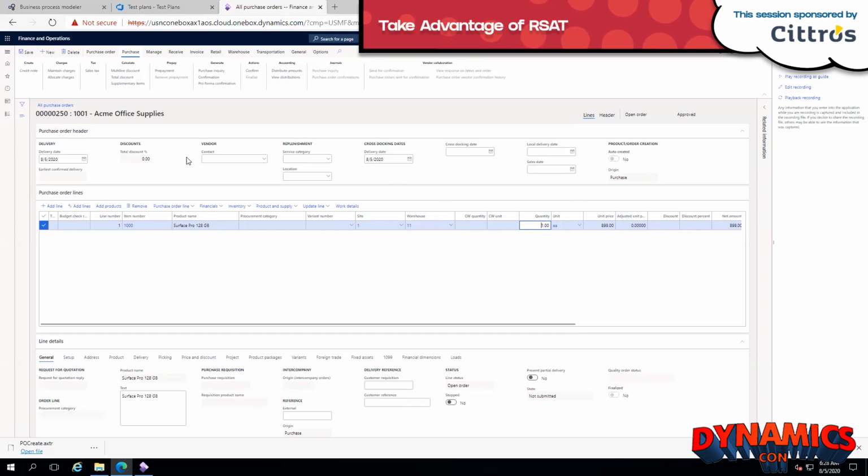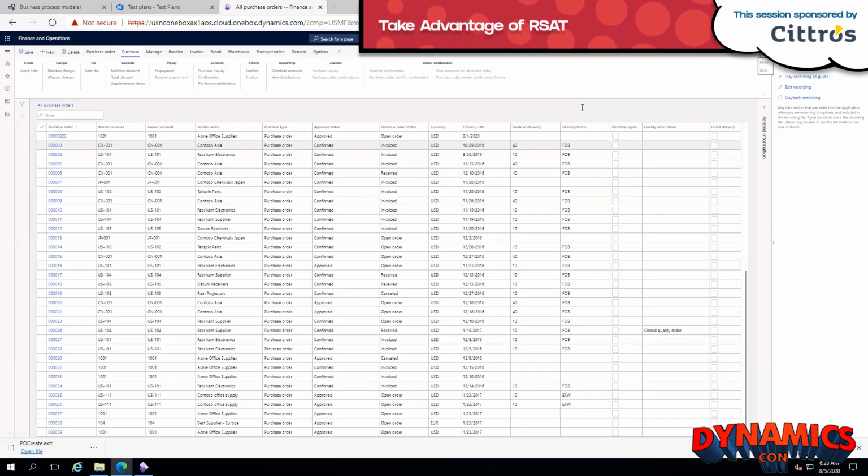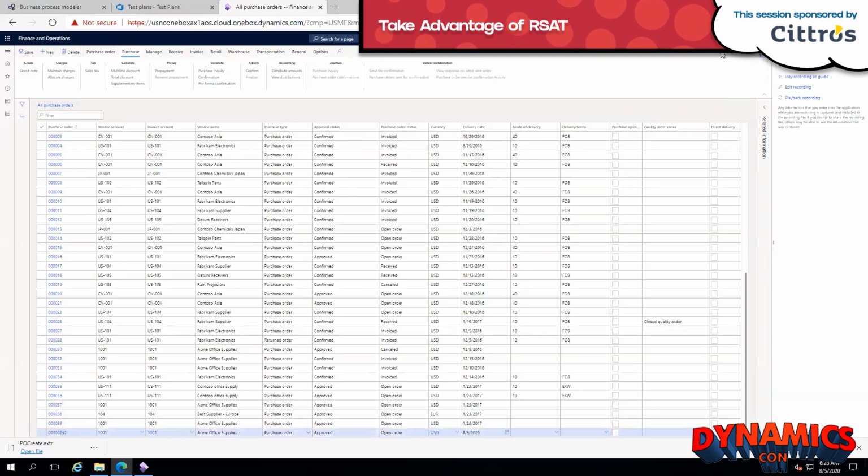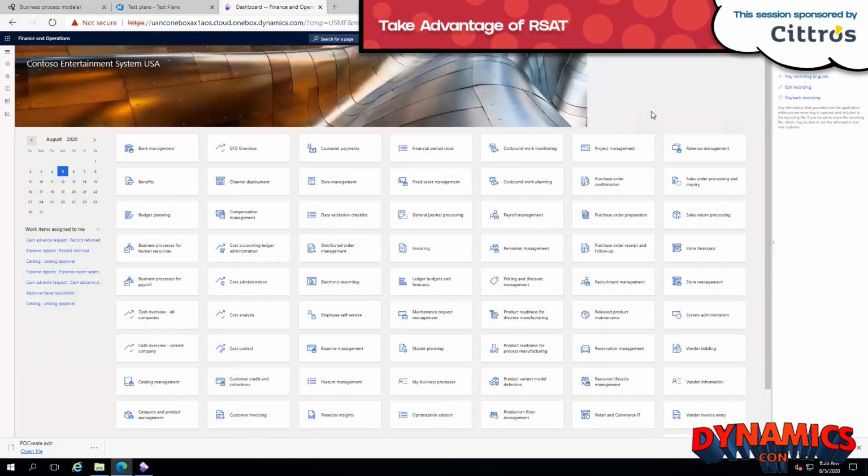I will return to the main menu for the task recording. And I want to point out one more thing here. This number of the purchase order, I'm going to copy this number. And as I said previously, it is important for you to start every task recording from the main menu, from the main dashboard. So for the purchase order confirmation, I'm not going to start from the purchase order that I was on, but I'm going to start from here, from the main dashboard. I'm going to create the second recording, which is PO confirmation. And I'm going to hit start